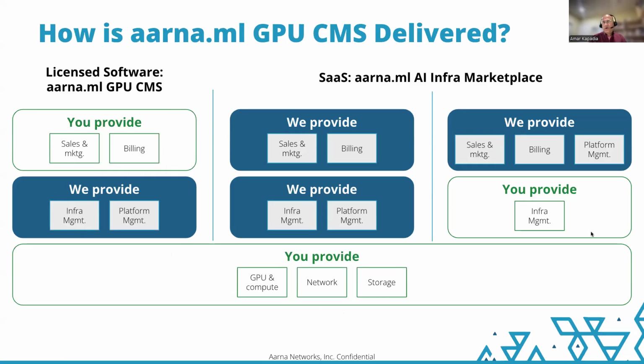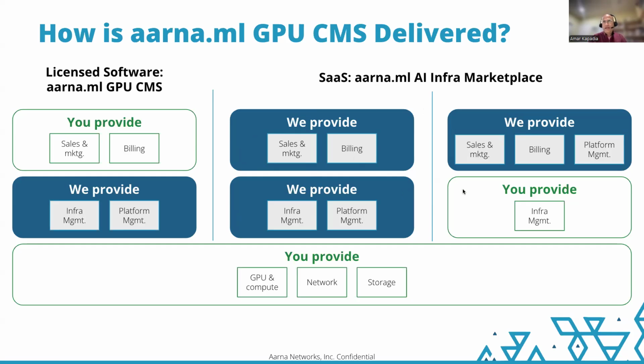Then we have SaaS models. So if you want to outsource the sales and marketing and billing to someone like us, or you want to supplement, you can also do sales and marketing and we can also do it. Then we have a SaaS product where we provide the software, of course, and then we provide the user functionality as well in terms of sales and marketing to AI native startups, and then billing, credit, and collections.